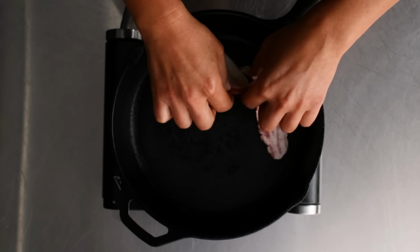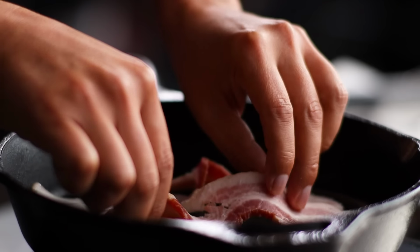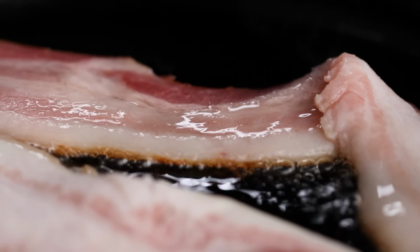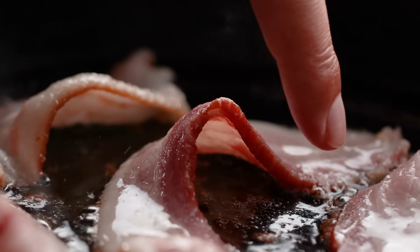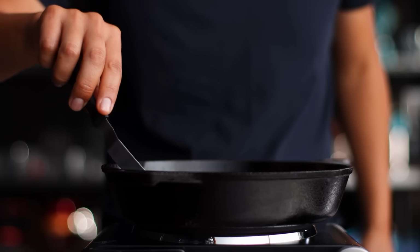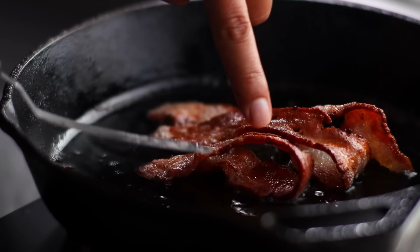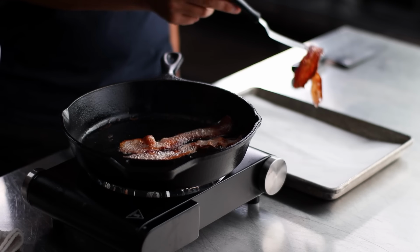When cooking this bacon, I like not to put it on the pan flat. Nestle it in the pan in a way so that it curls. When I put it on the burger, these curves are going to give the burger volume, and it's also going to create shelves for the slaw to hang on to and rest on. As I'm turning the bacon over, I'm allowing all these natural curls to happen, helping it happen by lifting it if I have to. Once the bacon is done, I'm just going to set it aside